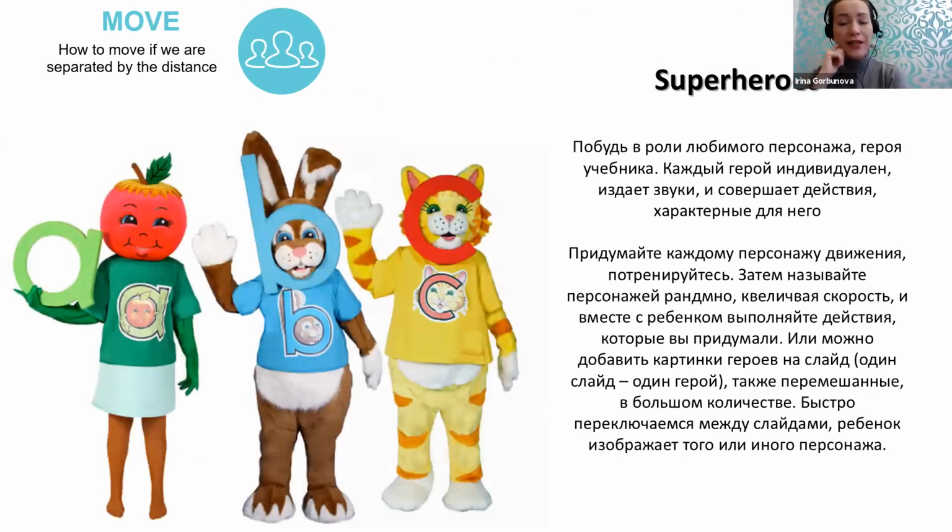Superheroes is a game I really like, because it is not only active, but it also helps to engage them during the whole lesson. These are the heroes from our course Letterland, for young learners from the age of 3, 4, 5 years old. I really adore it. There are those heroes: Annie the Apple, Bouncing Bunny, Clever Cat. Each character has its own actions, presented in the book. Children love heroes from our books, like Kid's Box, right?